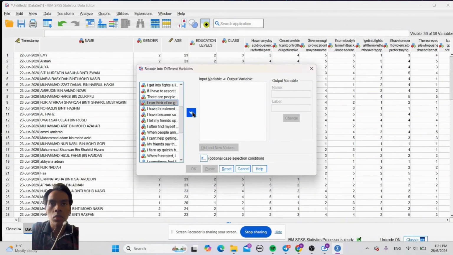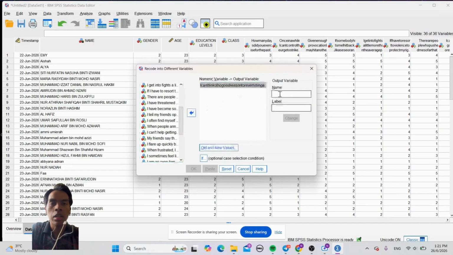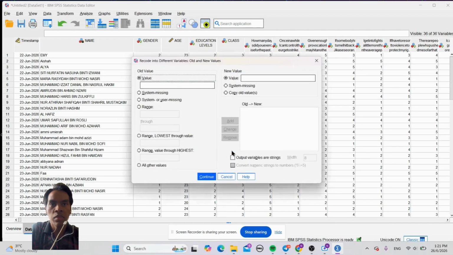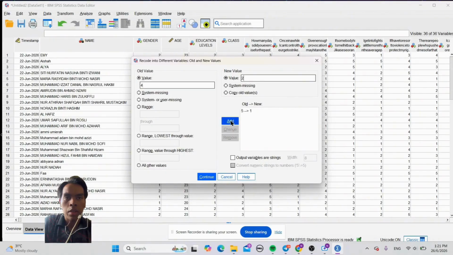First thing first, you need to click Transform in the SPSS and then find Recode into Different Variables. After that, you need to find question 7 to put inside the input variable. After that, you change the name of the output variable from question 7 to question 7 underscore reverse code. And then you click Change and insert the old and new values: from 5 to 1, from 4 to 2,